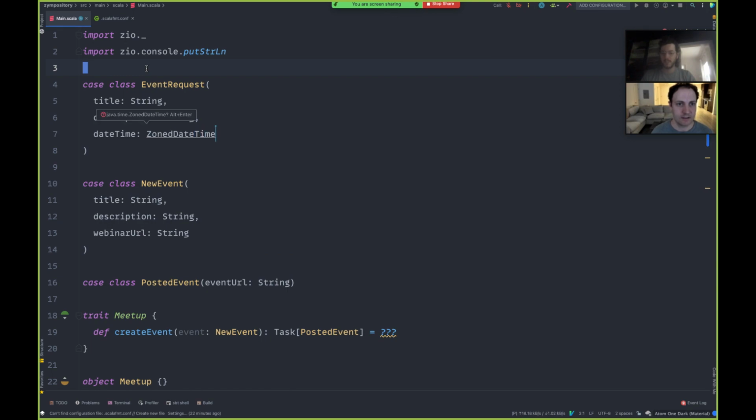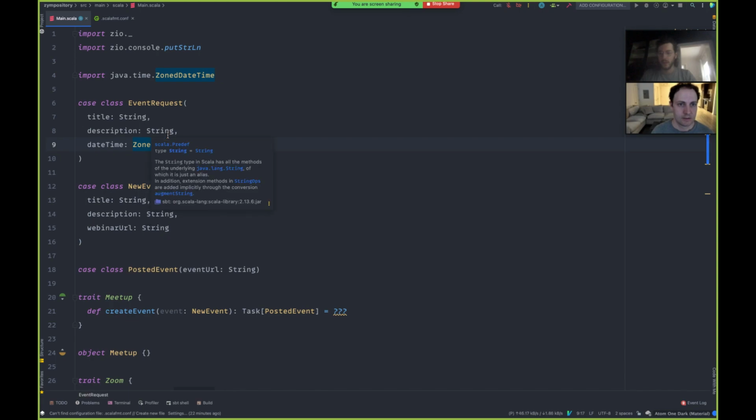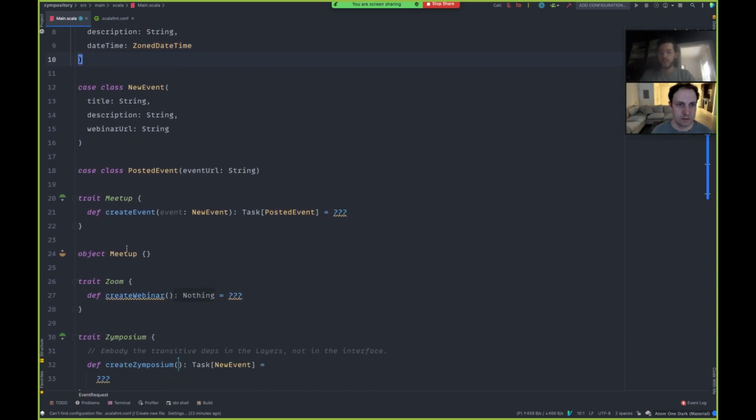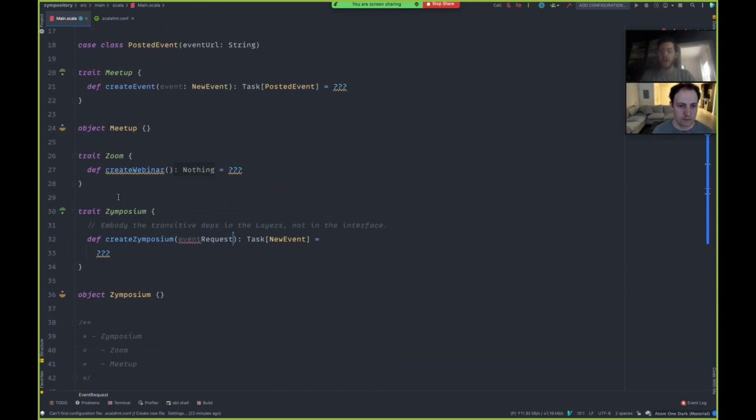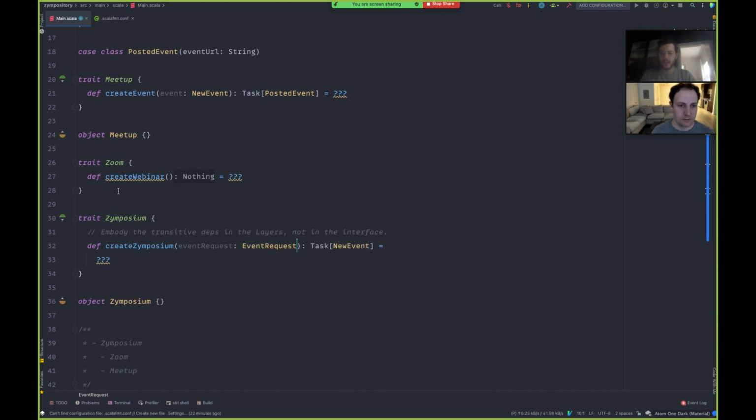Yeah, exactly. Let's see if maybe that will not be picked up. There we go. Nice. Okay, so you're thinking this event request would go there, and then that'll basically go to the Oops.